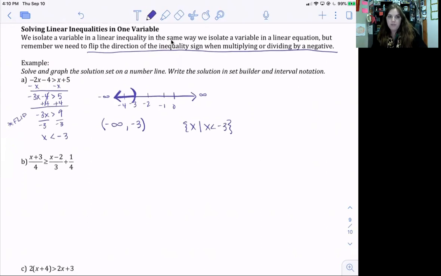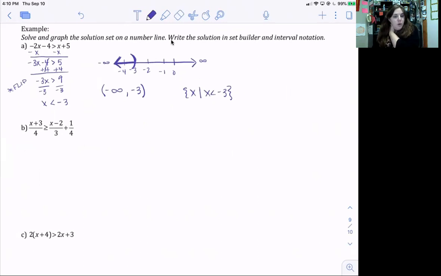Okay, so looking at B, we have the quantity of x plus 3 divided by 4, which is greater than or equal to the quantity of x minus 2 divided by 3 plus 1/4. So I know on our last video I talked about finding the least common multiple. Another way you could think about it is finding your least common denominator. So if we look at the least common denominator between 4 and 3, that would be 12. Okay, so if I put a 12 above each of these,